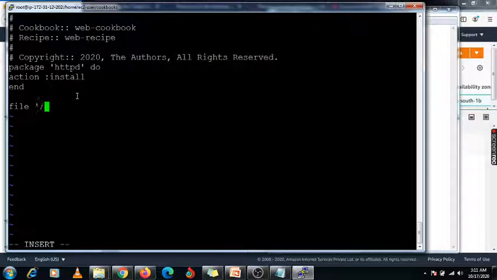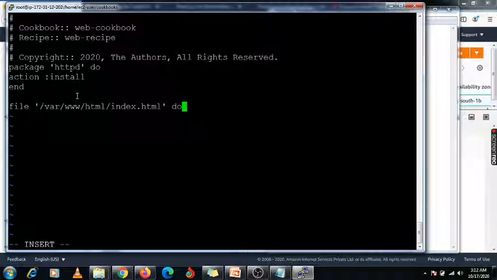Here I'm going to mention /var/www/html. So httpd has some default configuration path where my index.html file works. Whatever web pages we create using this Apache server, or web server you can say, there is one default path, /var/www/html, and inside that html we create the index.html file. So this is the default path you need to use.